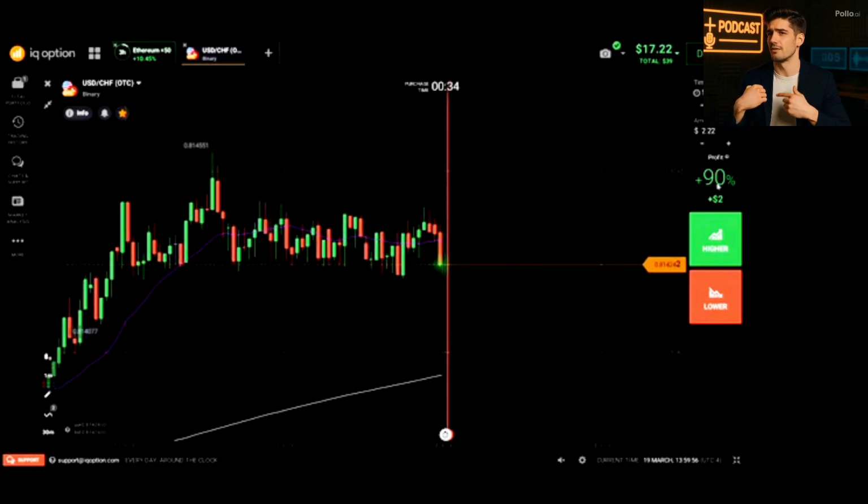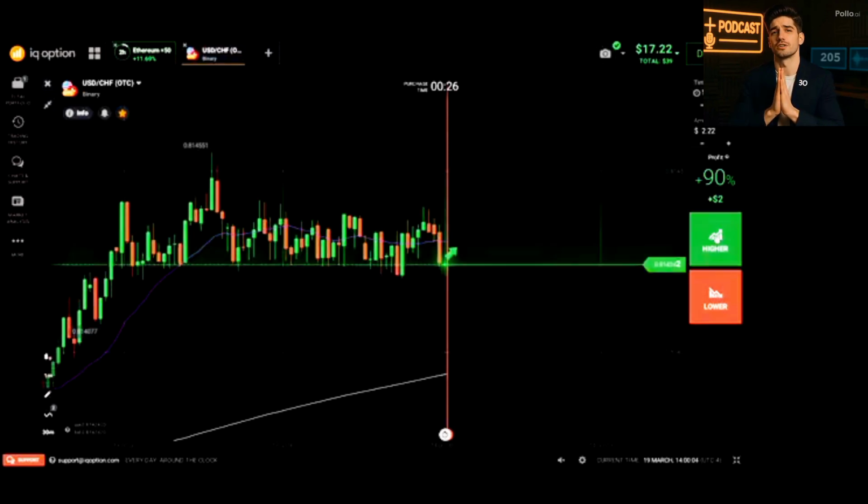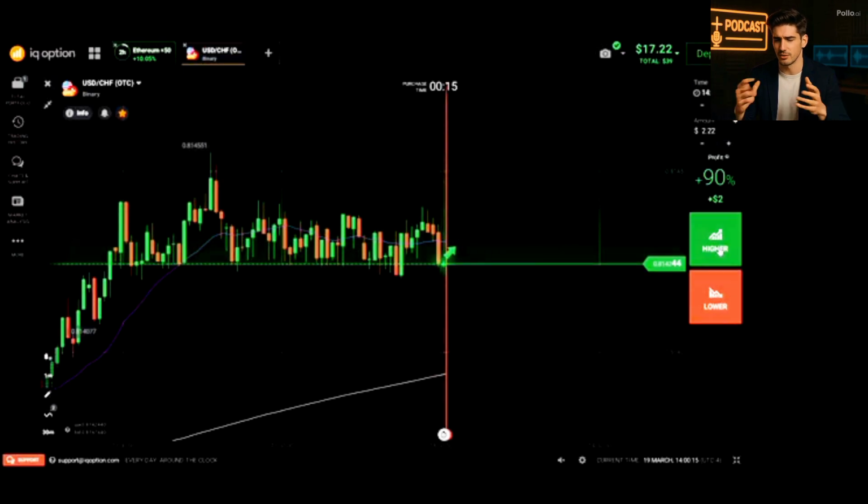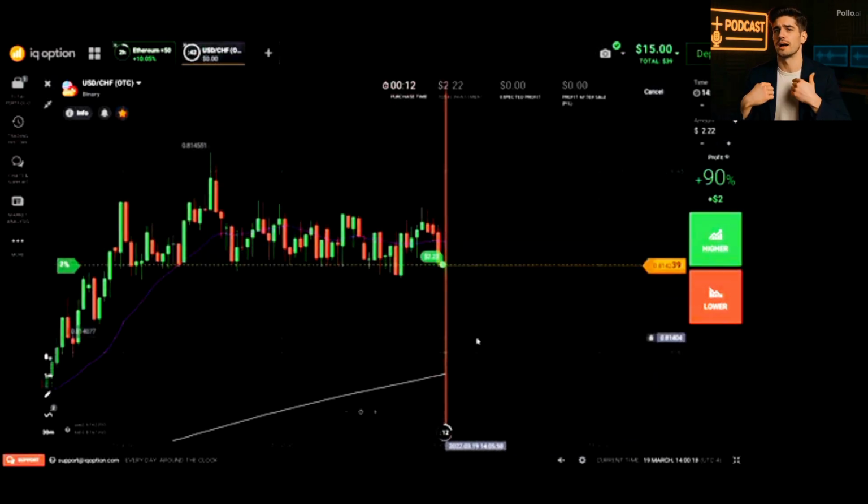So manipulation. Where do I want to see price manipulate into? Well, I want to see it manipulate into a higher time frame key level. In this range we have this hourly OB that is also aligned with this hourly bullish fair value gap right here. So I'm waiting for the open to trade into that.